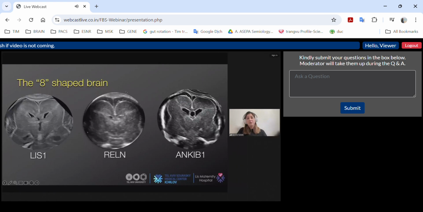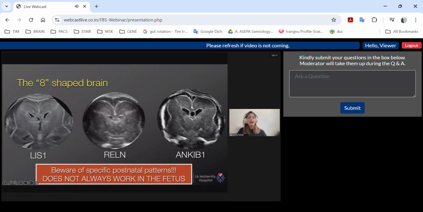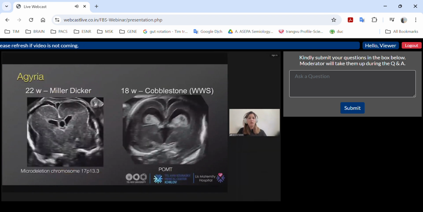This is, I think, the most H-shaped brain that I have ever seen, and this is not LIS1. This is ANKRD, which is not even a specific lissencephaly gene. So beware of specific postnatal patterns, and we need to remember to do a broader genetic evaluation. Another disease that may appear with agyria early in pregnancy is cobblestone, which was previously called LIS2,